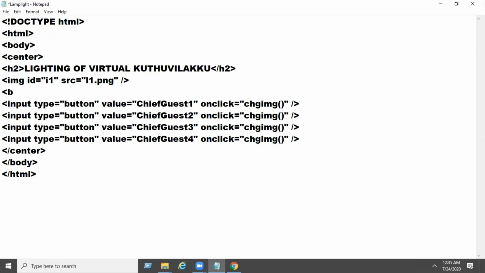Then create a helpline in bold: click the button to light the kuthuvalakku. End tag.